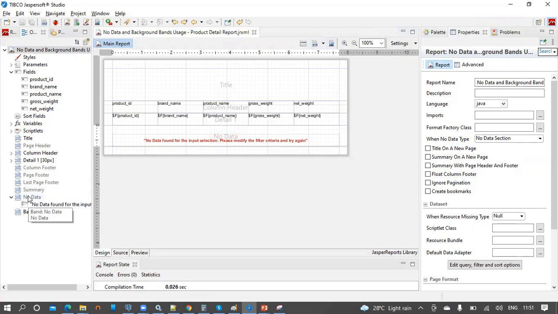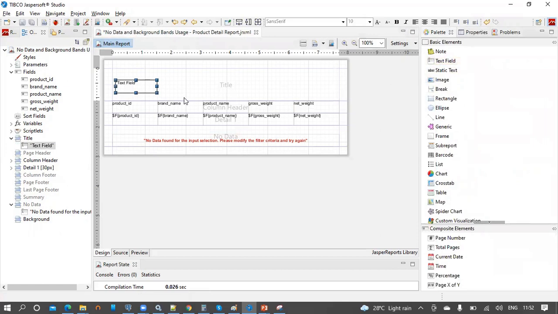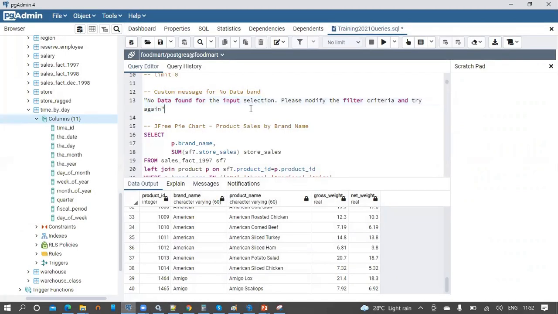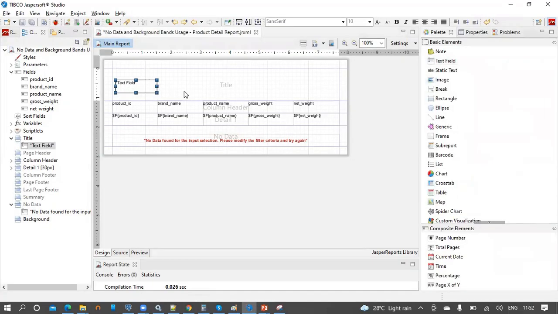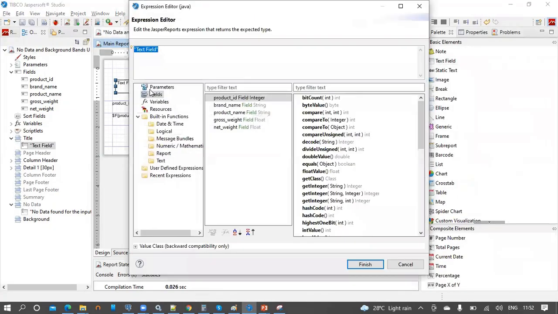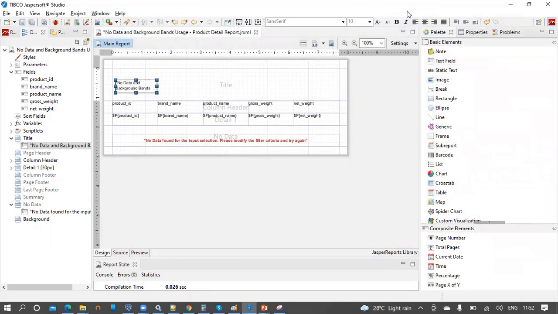Before moving on to the background band, let's give a title to the report. Let's take the text field and drag it onto the title band. I am going to use the same name for the report title that I used for saving the report, within double quotes. Let's quickly format this text field.